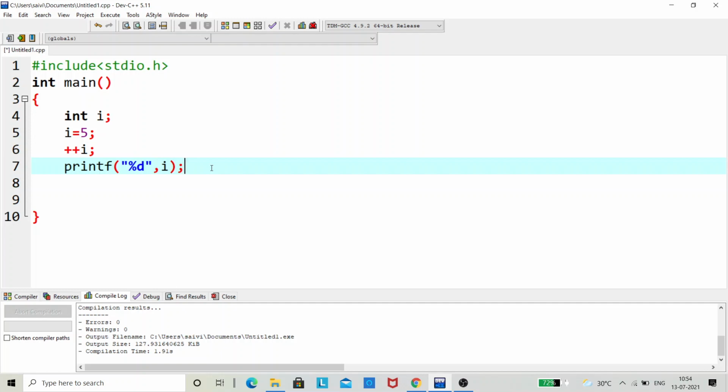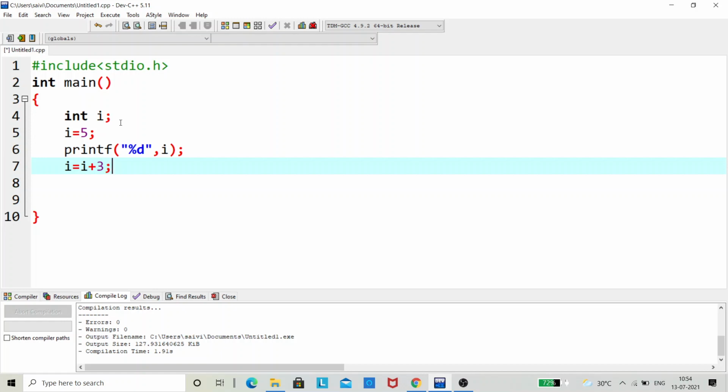You might be thinking now how to increase by an integer like 2, 3, 4, 5, etc. It's actually quite simple. First let's get rid of this pre-increment statement. Just write I equal to I plus the integer by which you are going to increment the value of I. Let's take 3. What this statement means is that the value of I plus 3 is going to be stored in the I. It will reset the value in the I, and it is going to store the value of I plus 3 in it. So we will get 8.